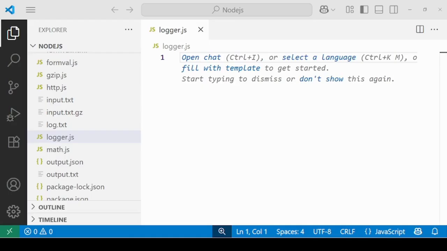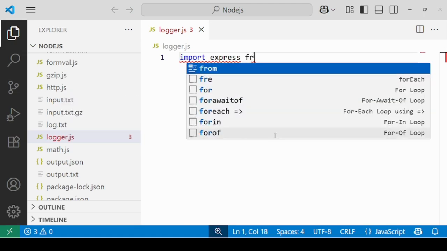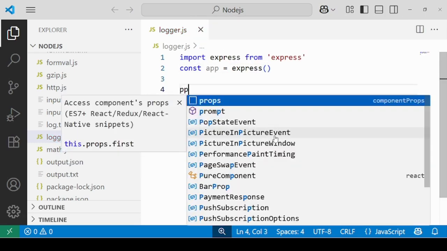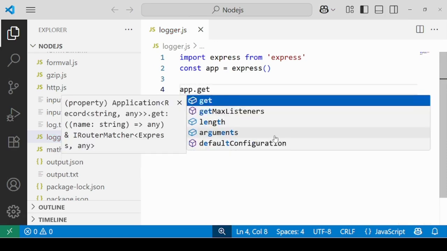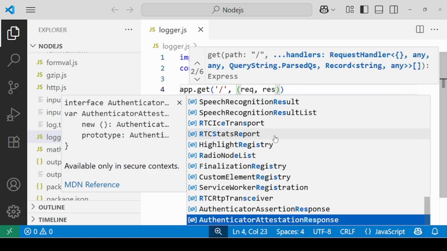We will now create a middleware that logs a message before and after a request is processed. So let's start by importing our modules. We need Express for this: import express from express. Create the instance: const app equals express. Let's create a route first of all. app.get, and let the URL be slash. We need a function with request and response,